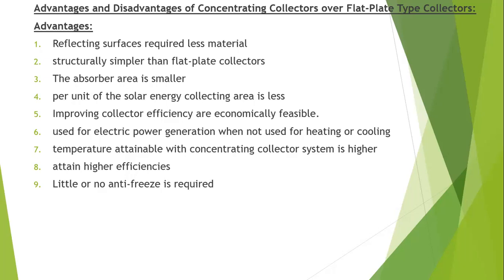Okay, next, fourth one is the area from which heat is lost to the surroundings, per unit of solar energy collecting area, is very little in the concentrating collectors when compared to the flat plate collector, because the insolation on the observer is more concentrated. So the working fluid can attain higher temperatures in the concentrating system than in the flat plate collector. So for the same solar energy collecting surface, higher temperatures will be attained in concentrating collectors than in flat plate collectors.